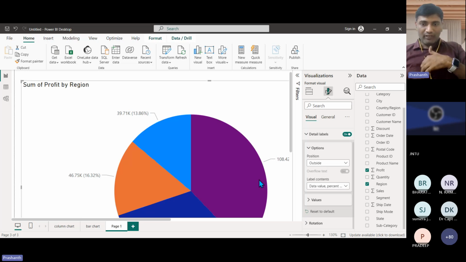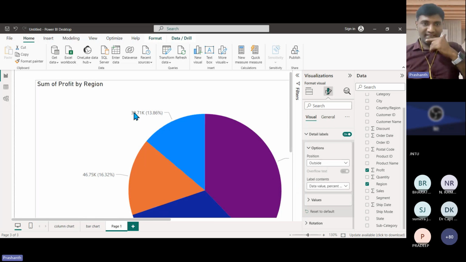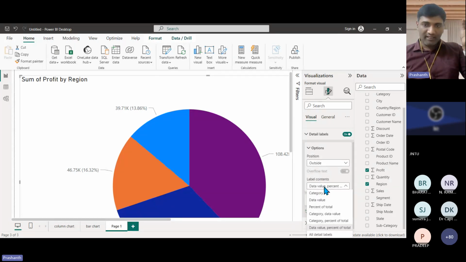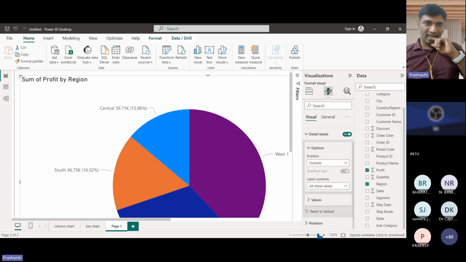Okay, now coming to the label content. See, this is called detail label, and this is detail label contents. What should appear in the contents? What is appearing here? We can have category only. Sorry, region only. We can have data value. We can have percentage of total. I go with all. See, you can see the bottom one, all detail labels. If I click on that,